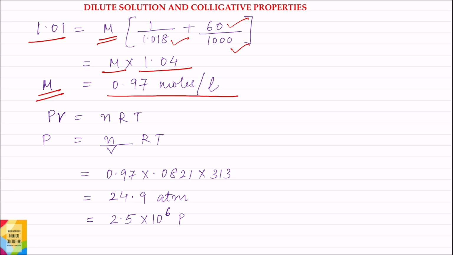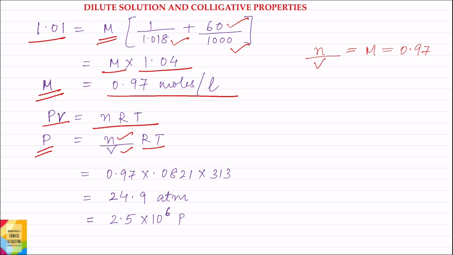Osmotic pressure का फॉर्मूला है PV is equal to nRT. From this, P is equal to N by V RT. Now, N is number of moles and V is volume of solution in liters. So, number of moles divided by volume of solution in liters is equal to molarity of the solution. So, value of N by V is equal to molarity of the solution, and this is equal to